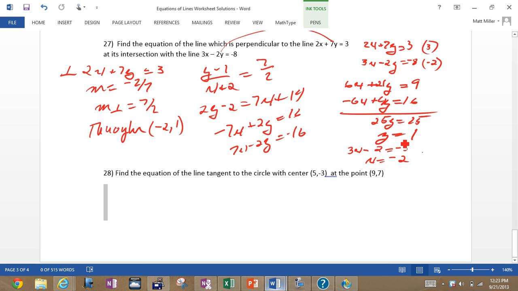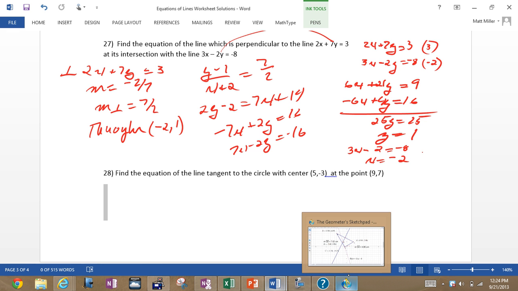And then we're trying to find the equation of the line through negative 2, 1 with slope 7/2. So I'm using the modified point slope form here. So y minus the y1 is y minus 1 over x minus the negative 2, set equal to the slope, and cross multiply, and there you have it. Okay. Number 28, the equation of a line tangent to the circle with center at 5, 3 and at 9,